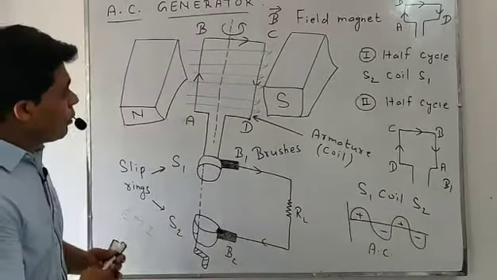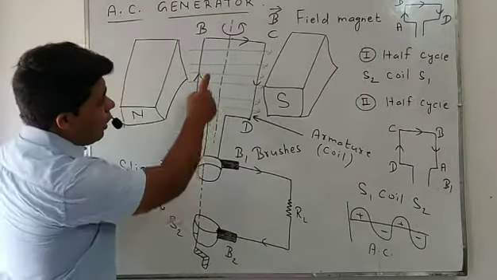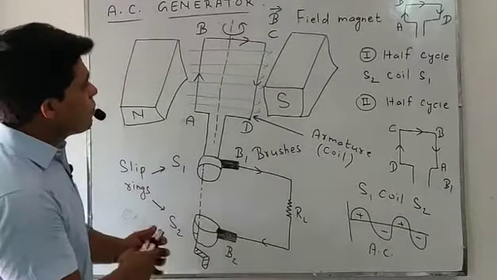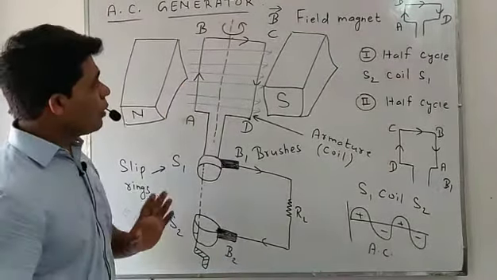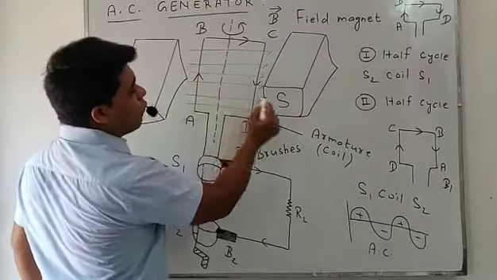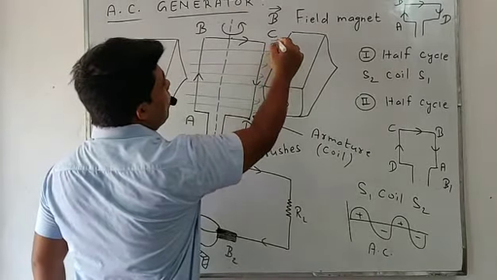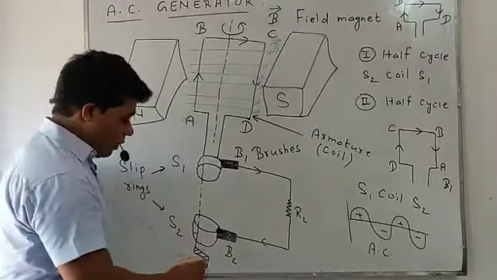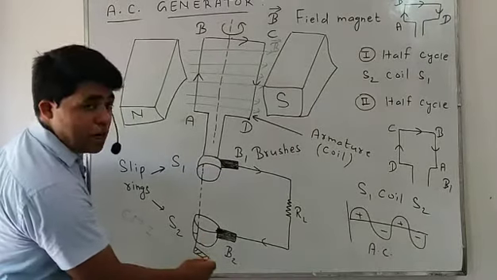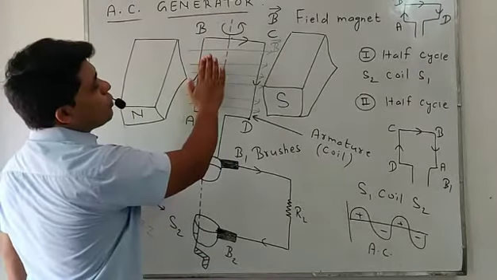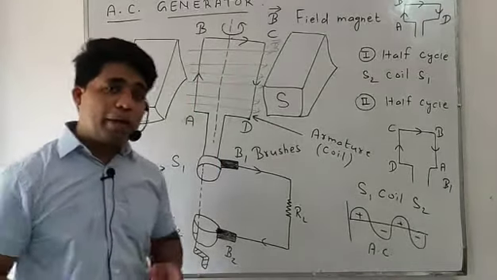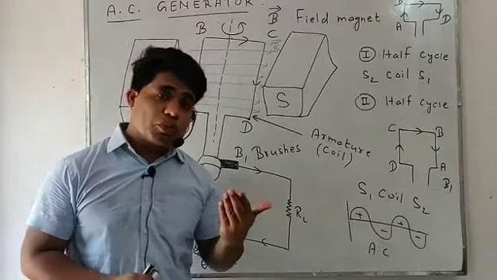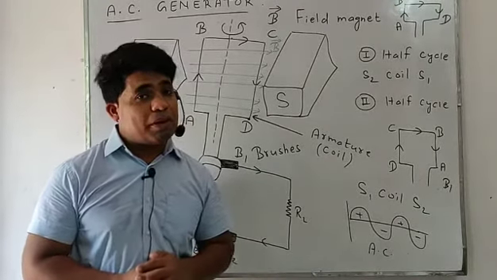Look students, when we rotate the armature coil with the help of a stand or with some external source, then what happens? Suppose in the beginning, see, this is the direction of magnetic field B. Okay, so look students, when we rotate the armature coil with the help of the stand, this coil portion AB suppose moves in the upward direction. See, I am applying Fleming's right hand rule because here the current will be induced. For induced current, we always apply Fleming's right hand rule.